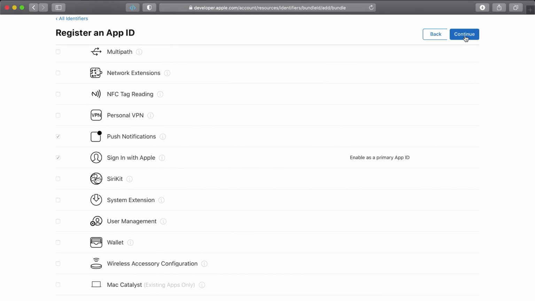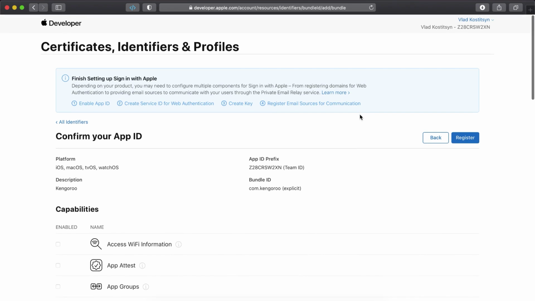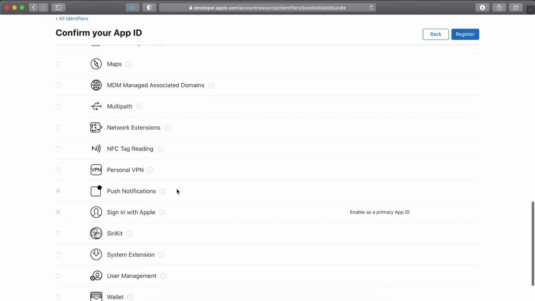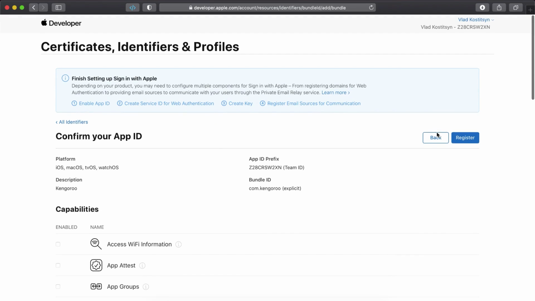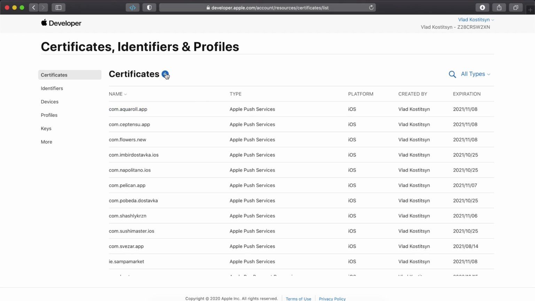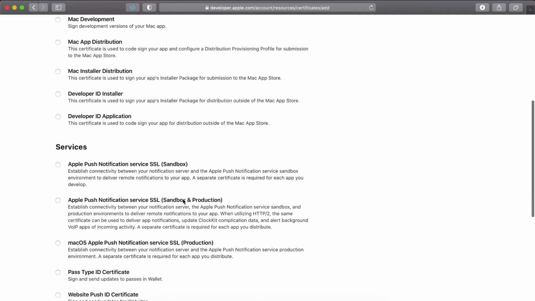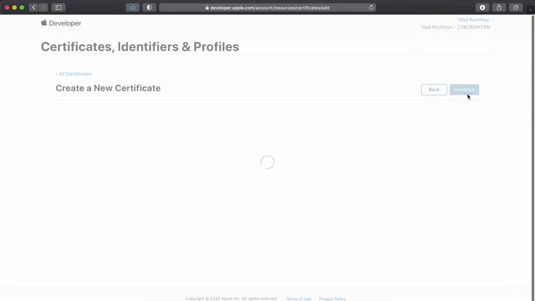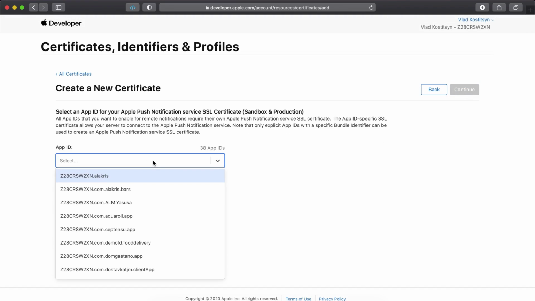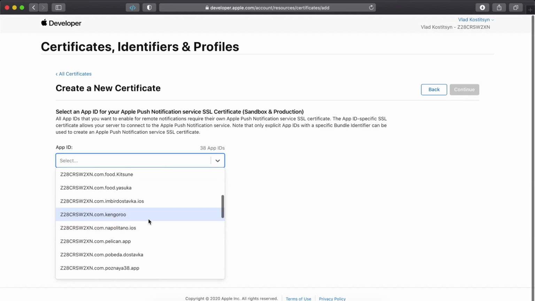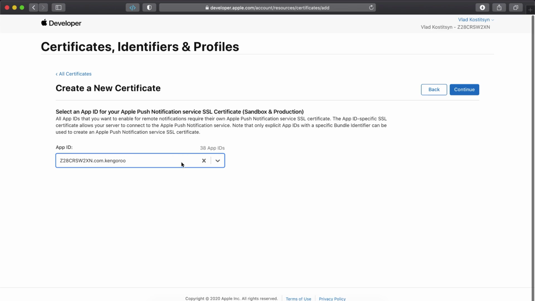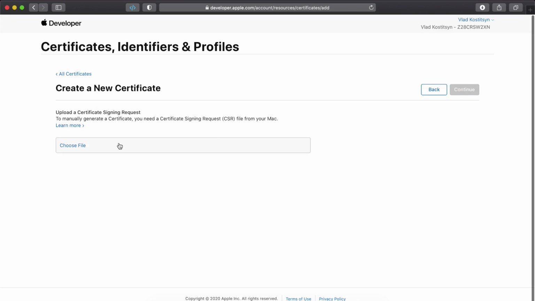And for Apple Pay, you need to create a merchant ID. So you just turn off sign in with Apple right now. And after you created it, you go to certificates and then create an Apple push notification certificate, sandbox and production. You select the same certificate you just created, Kangaroo, and you choose that signing request